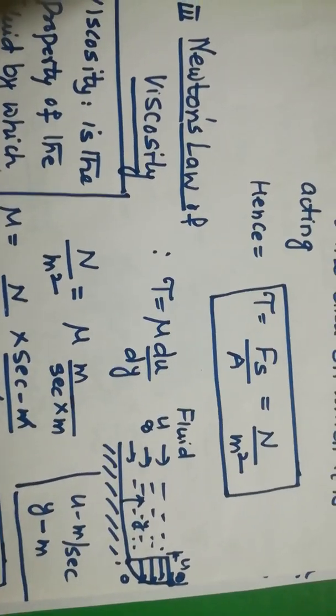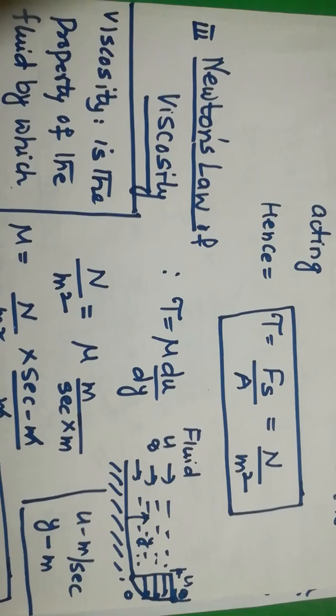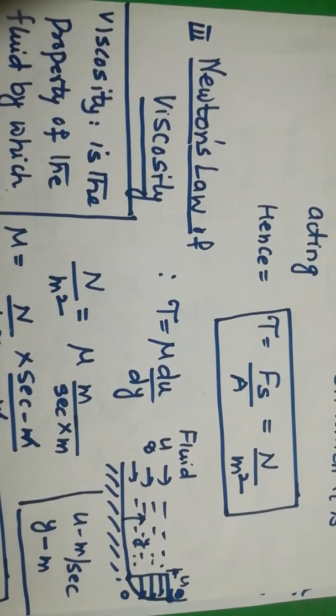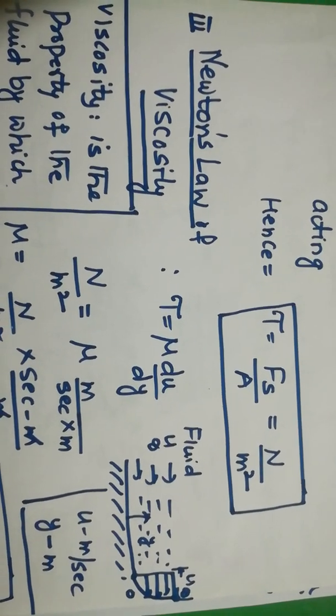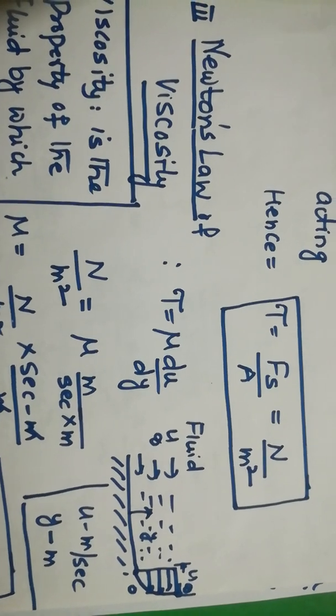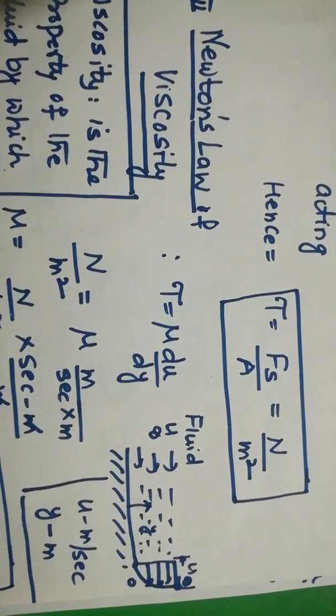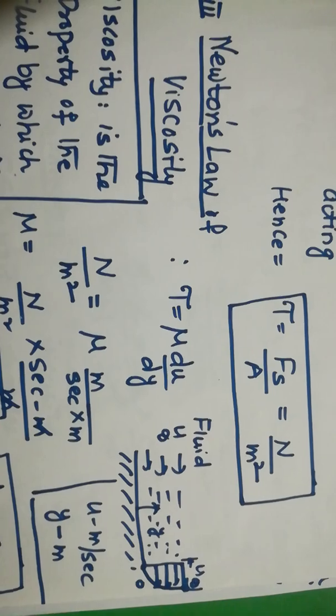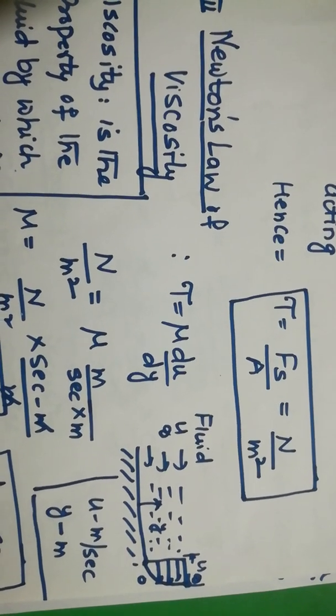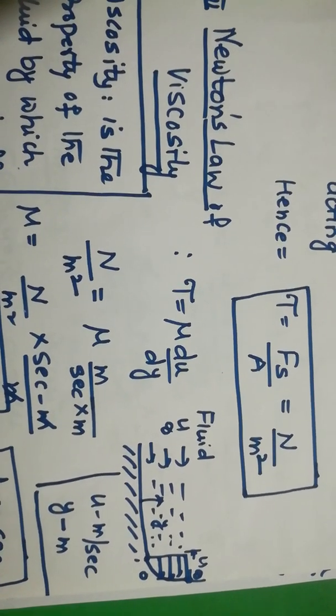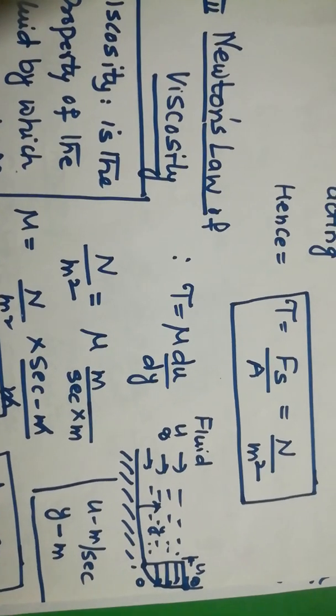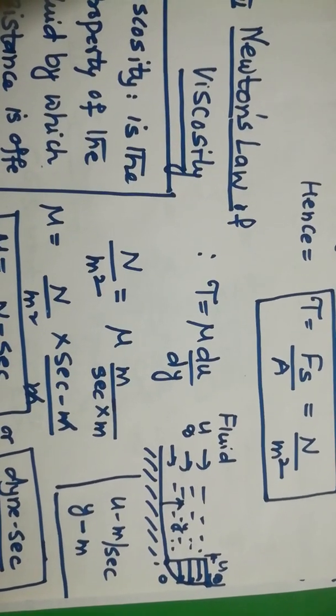I have given a diagram on the right hand side. I have shown a fluid flowing with a free stream velocity u infinity over the surface. At the surface the velocity is 0, and at a certain distance above, normal to the surface, it is going to achieve its complete velocity u infinity. I have given the velocity distribution diagram there, on the right side.